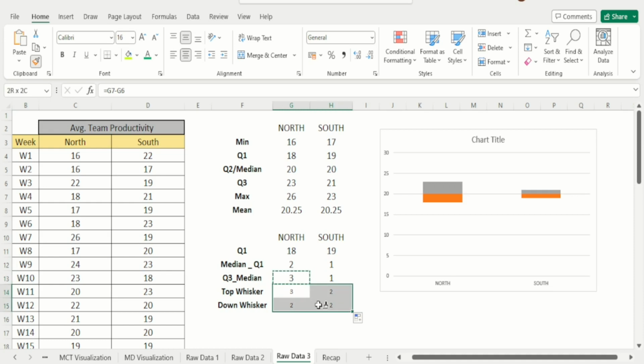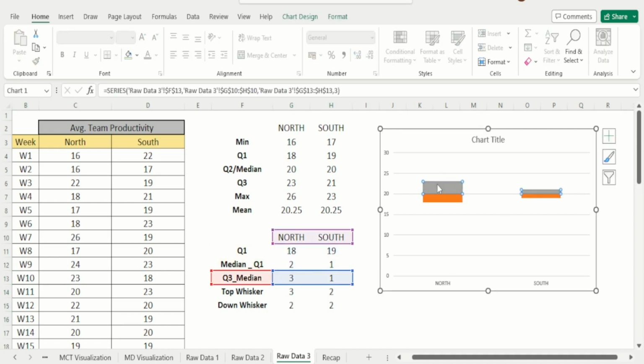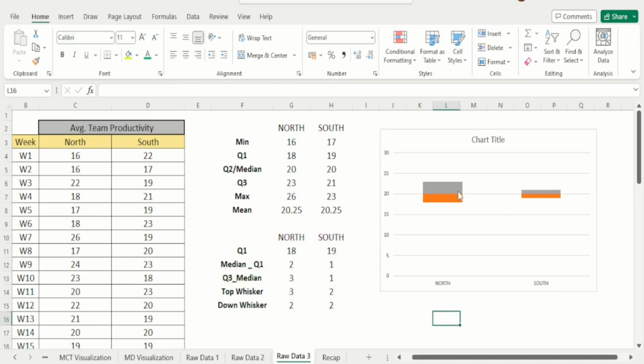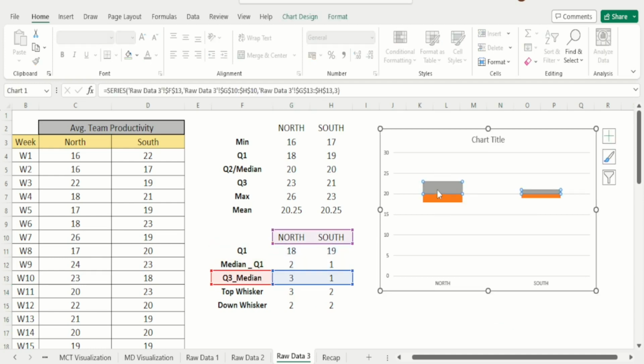In order to do that, we'll use the add chart component option within Excel. So let's add the top whisker first. Remember, the top whisker for north is 3, as you can see here. So here on this side, we'll make a straight line segment of length 3 and add it to the top of the graph. In order to do that, just click on this section first. And once you do that,